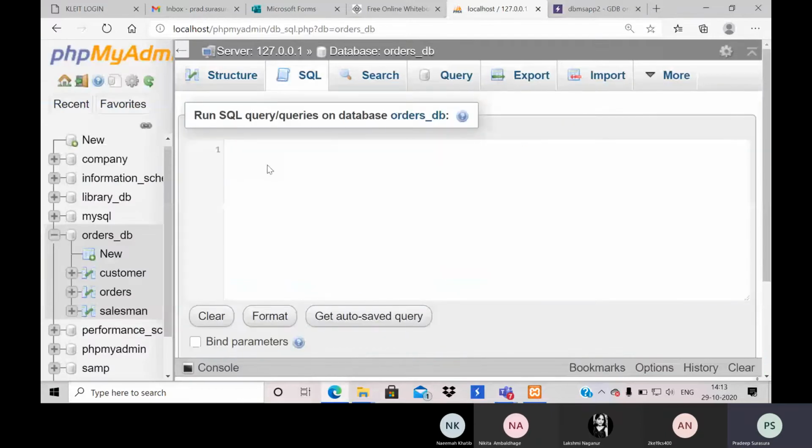So this is customer ID, customer name, customer city, followed by integer. Let me take grade as 4 out of 5, something like that. And this is all 4 ones.